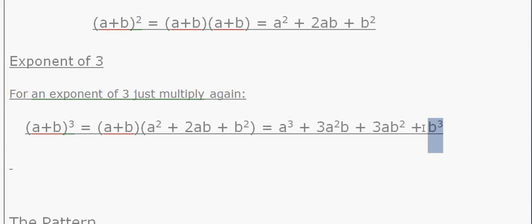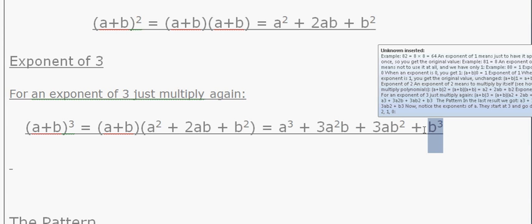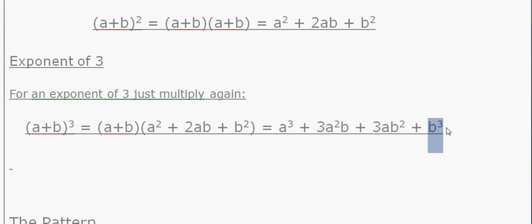Let's move to the next one. Here a power is 0, which is simply 1. It was 1 here, it decreased and became a power 0 here, and b power 2 increased and became b power 3. See, we will end this when we get a power 0. Okay, so this was the pattern.